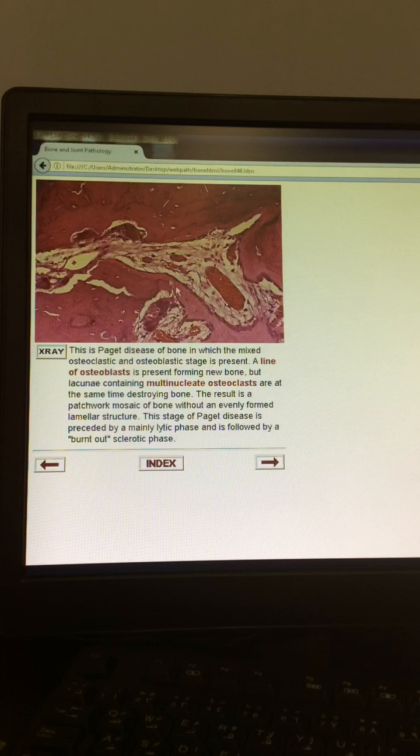These are osteoblasts, plump spindle cells. The function of osteoblasts is to produce new bone, this new bone. At the same time, here you can see the osteoclast, a multinucleated giant cell, destroying the bone. So this new bone formation, in addition to destruction, leads to formation of this thick irregular bone instead of the lamellated regular bone trabeculae, and this pattern is known as the mosaic pattern of growth, which you usually see in